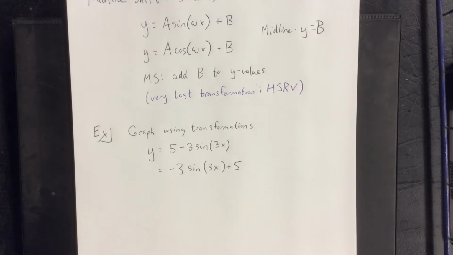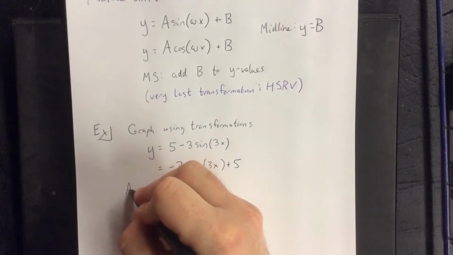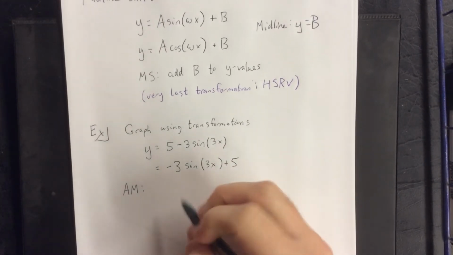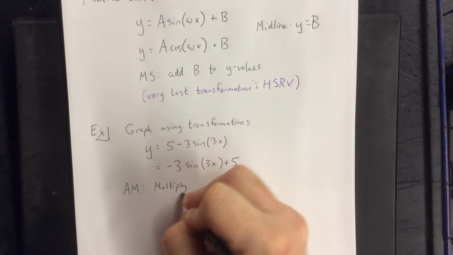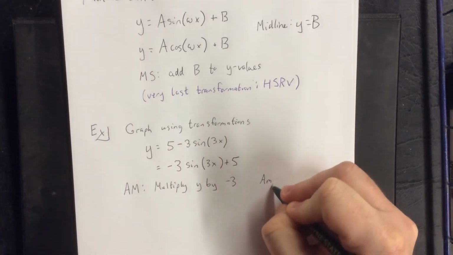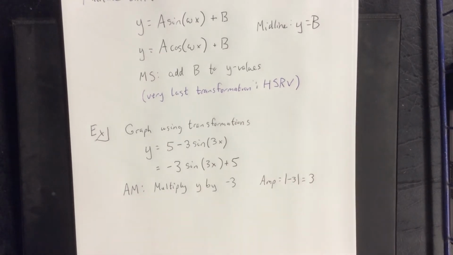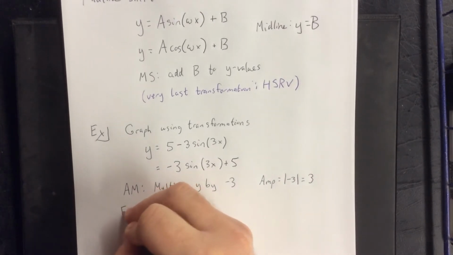Now we'll still see an amplitude modulation as well as a frequency modulation associated with this. So for the amplitude modulation, this comes from the negative 3 that's in front. So this will be multiply y by negative 3. Also lets us know that our amplitude is going to be the absolute value of negative 3, which will be positive 3. So in addition to the stretch by a factor of 3, we're also going to see a reflection. For the frequency modulation,